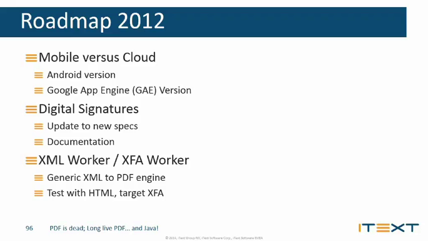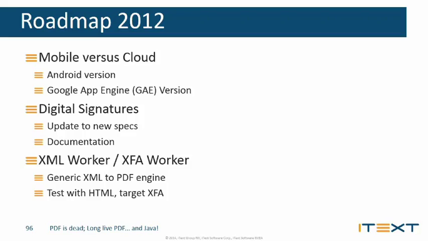Digital signatures: I showed you the specs that ISO 32000 dates from 2008, and there were new hashing algorithms, new encryption algorithms. So in 2012, I wrote a 150-page white paper about digital signatures. It needs to be updated because there are some new evolutions, but that's something for next year. So we provided a lot of documentation about digital signatures. We saw that digital signatures are really hot in Europe, and we see that in the States, with the Common Access Card, digital signatures are finding their way into business too.